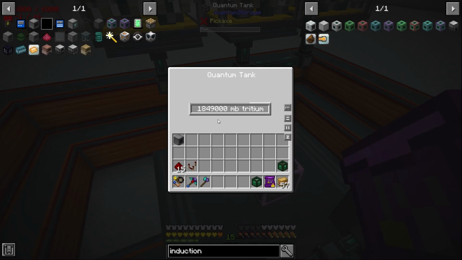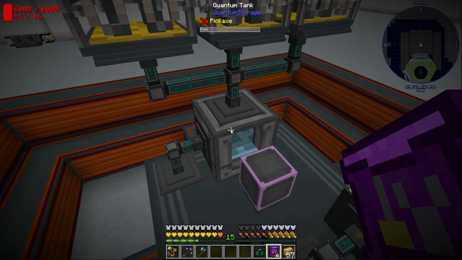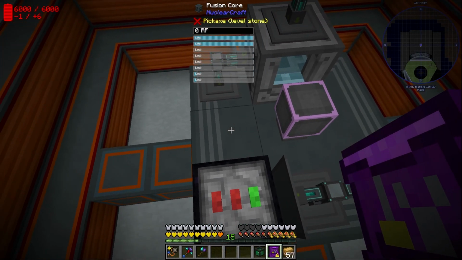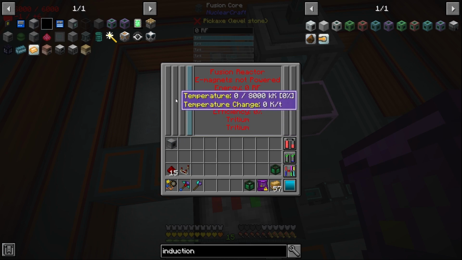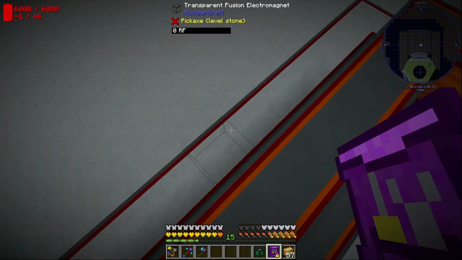The tritium I have in here is more than enough to keep this thing running to generate quite a bit of power, more than enough to fill whatever size induction matrix I generate. I'm going to go over comparators and RF monitors a little bit later so that you can automatically shut this off whenever the temperature or the efficiency reaches a certain point, because temperature, like I explained a couple episodes ago, is important. So my next step is to get the electromagnets powered up,